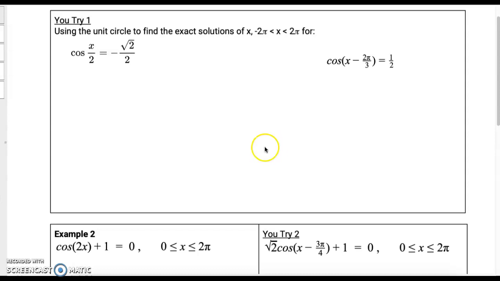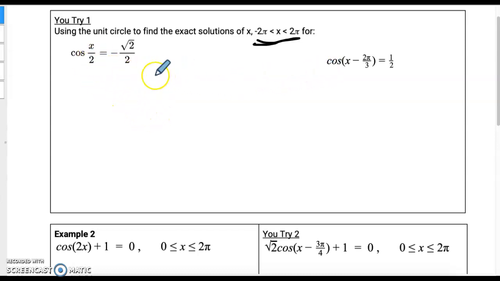Okay, so we'll do these in more detail next class, but I do want to point out, again, we've got to watch our restrictions every time. They can change. So this would be going from 2 pi back to negative 2 pi. So you definitely would have to look at that plus or minus period adjustment. And again, this is happening to the x, so that means it is going to change my period. So you have to take that into consideration first, or use that plus 2 pi k